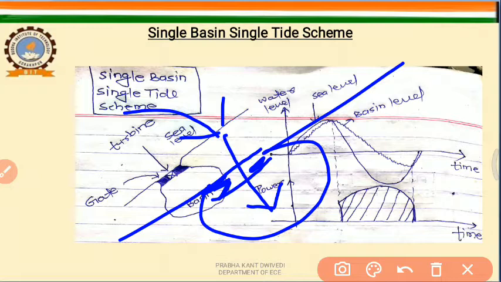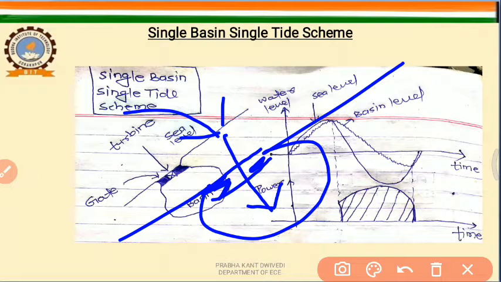That's the reason why we are using the water when the basin becomes empty, and not using the water when the basin is filled up. We are using the returning of the water, not the water which is coming inside the basin. We will utilize the water when it returns from the basin, because at that time more water is available.